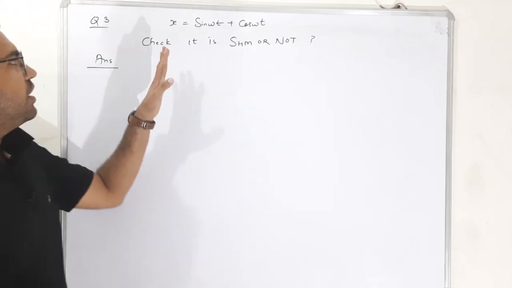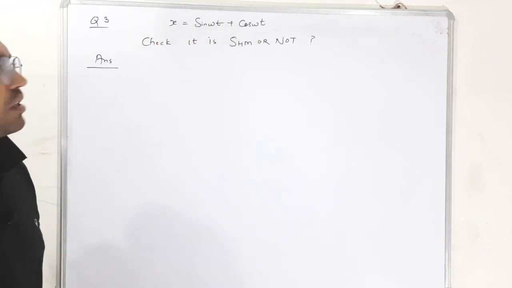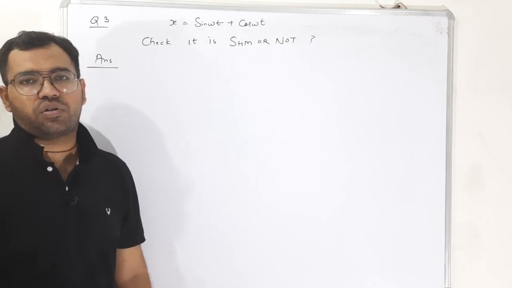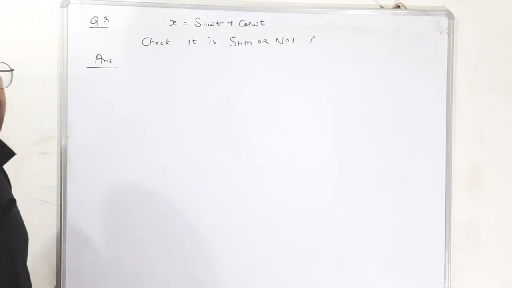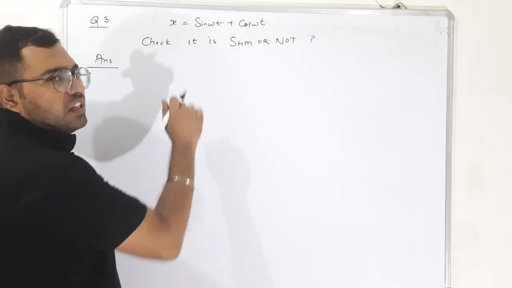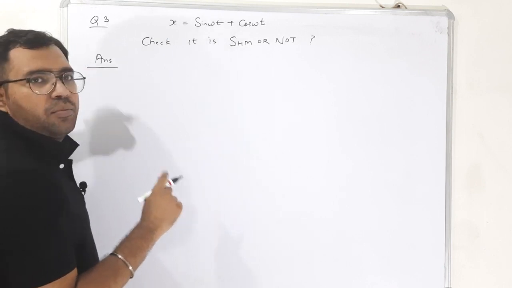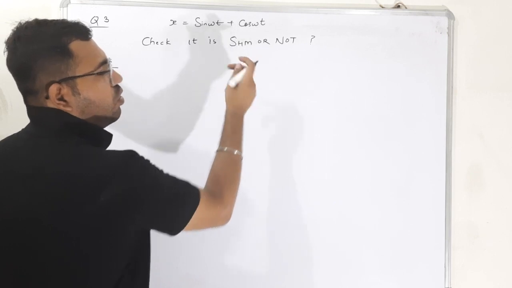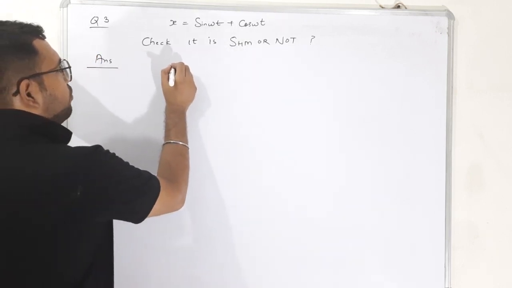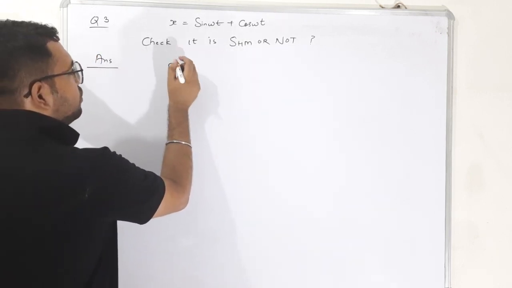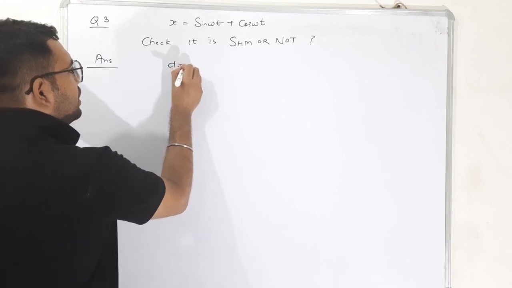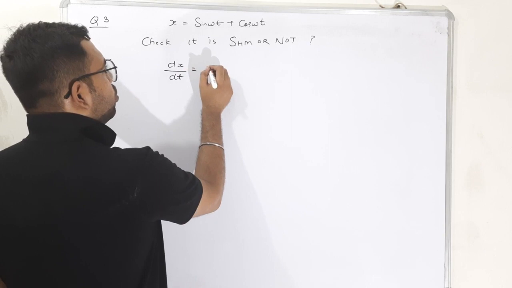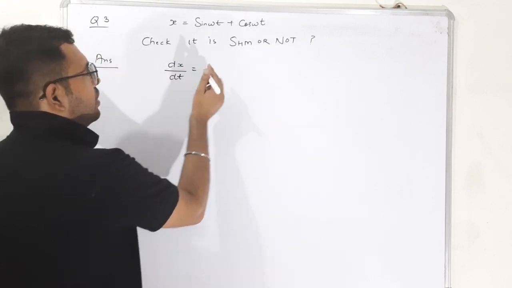Now question number 3, x equal sin omega t plus cos omega t, and you have to again check it is performing SHM or not. So to check it again, make it in the terms of differential and compare it with the differential. If it satisfies the condition, that means it is SHM, or otherwise it is not. So for comparing it with differential equation, you have to make the differentiation of x with respect to time, 2 times differentiation. So we are taking it first time.